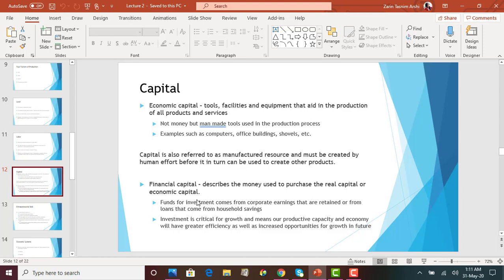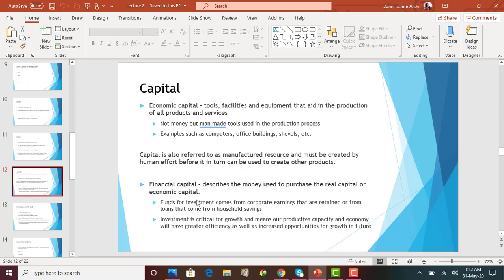Examples would be shovels, office buildings, computers, laptops, fans, AC. These are all types of economic capital. The other type of economic capital is financial capital, which is easy to understand. It is basically the money used to purchase real estate or economic capital. Basically, financial capital refers to the dollar bills or the money that we use to buy something or to